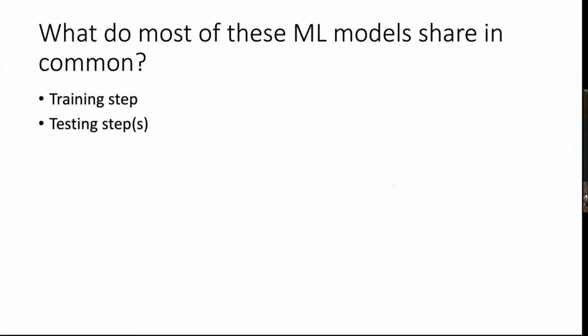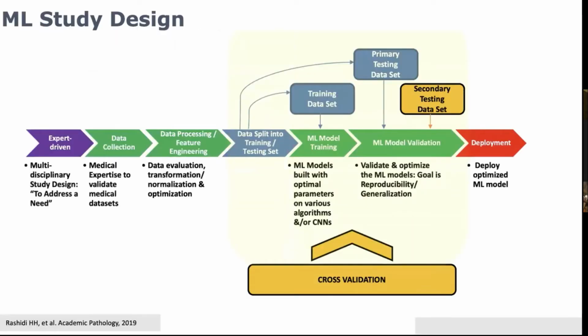And so let's say 80% of it is taken out to be training for the model, and the model gets trained and internally validated, and then you leave some of it out, let's say 20% of it, and that ends up testing the model to say, okay, the models that I've built with that 80% of the data, let me see how well they do on that 20% that I left out. And obviously you would want to repeat that process and do cross-validation so that it's statistically significant. But ultimately there's this training and testing step.